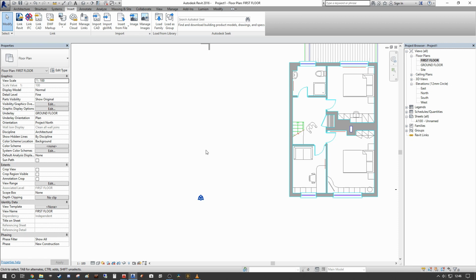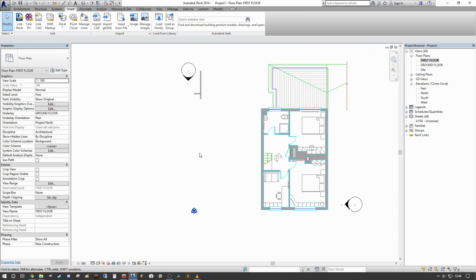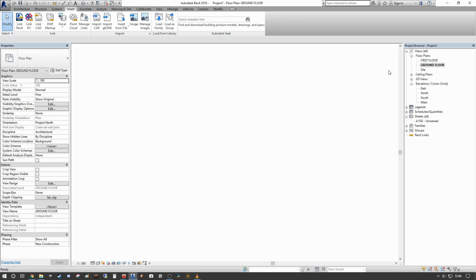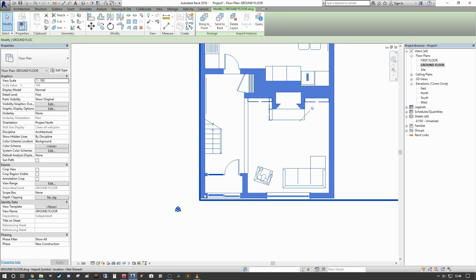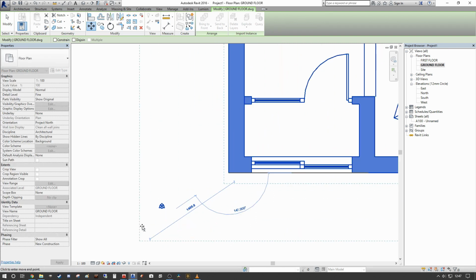But not to worry, we can still resolve this within the Revit space by manually controlling the location as well. So I'm going to go back to the ground floor here, and as you can see, we're not aligning properly. So I'm going to select the ground floor, and I'm going to pick the endpoint, and I'm going to just